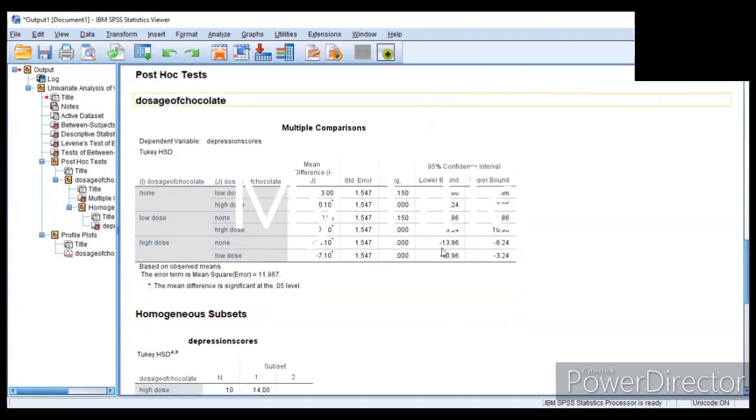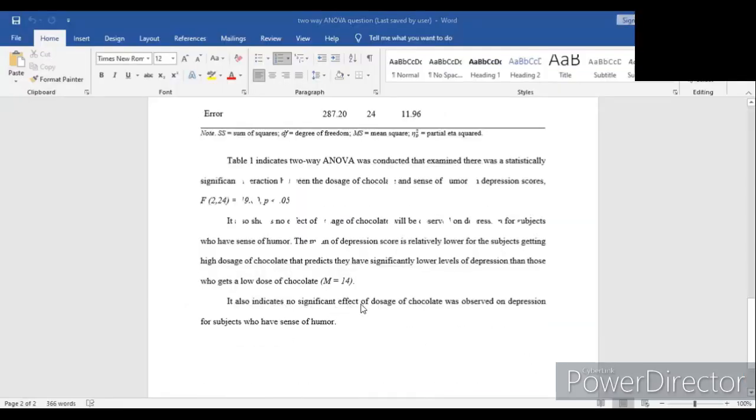And now I go on to share the result. It also indicates no significant effect of dose of chocolate was observed on depression for subjects who have sense of humor. It tells you another thing. Did you notice this last line? It also indicates no significant effect of dose of chocolate was observed on depression for subjects who have sense of humor. Who have sense of humor, because in the output, factor dose of